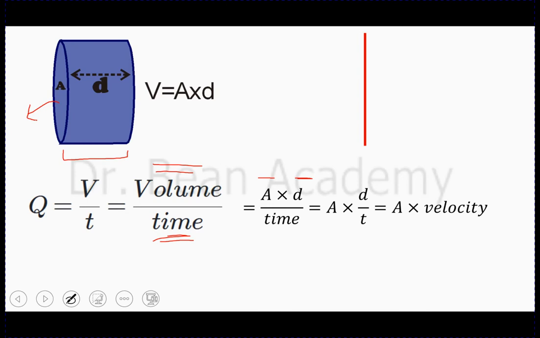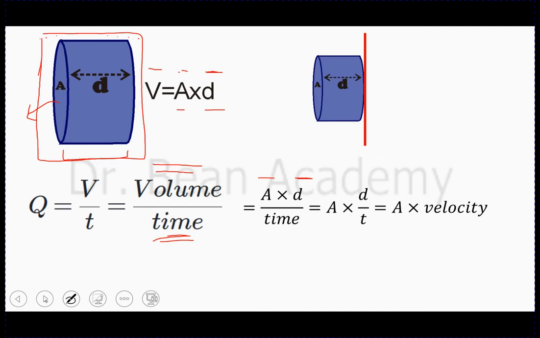So I can represent this volume as area multiplied by d, which is the width of the volume of water. So I wrote it like that: area into d. So I split the formula for the volume into A cross d. If you are still confused why I am writing the volume of this whole piece as A cross d, let me remind you